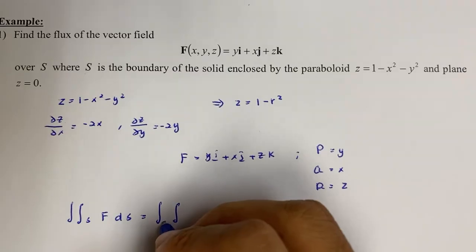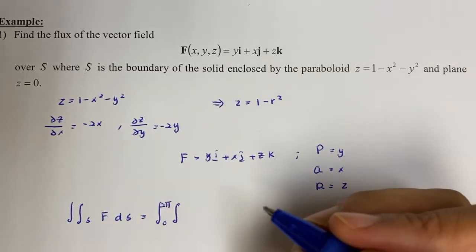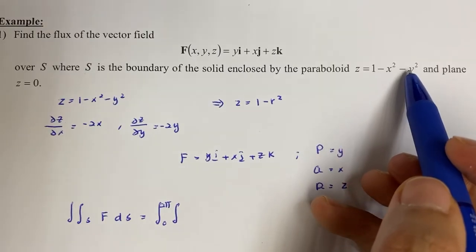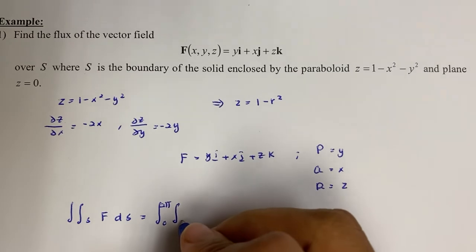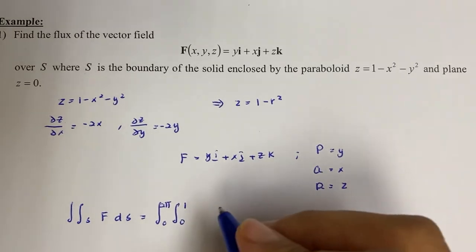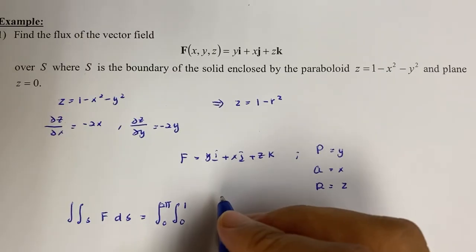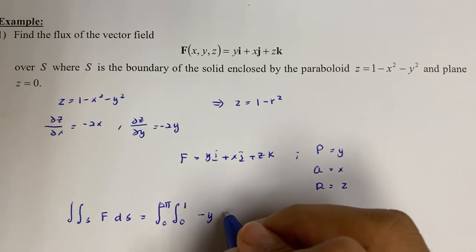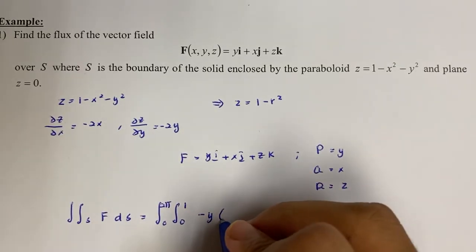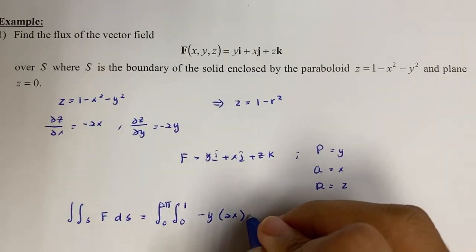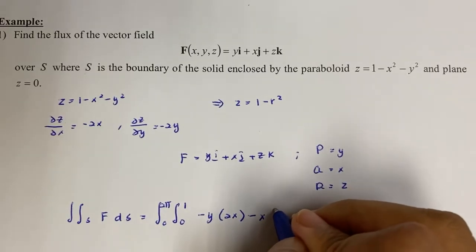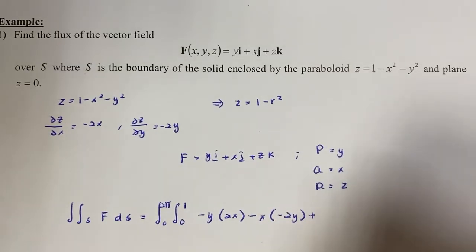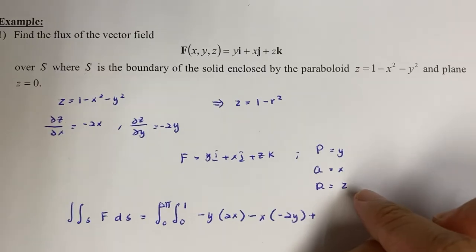So the double integral over S of F dS is equal to a double integral, 0 to 2 pi, the limit for theta, and the limit for r, x square plus y square is equal to 1, so the limit is 0 to 1. Next we substitute negative P multiplied by del z over del x, 2x, minus Q, x, multiplied by del z over del y, negative 2y, plus